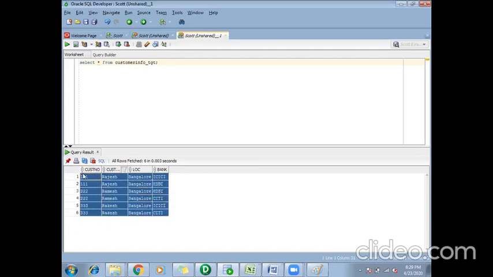This looks like a more normalized form of storing the data than this.